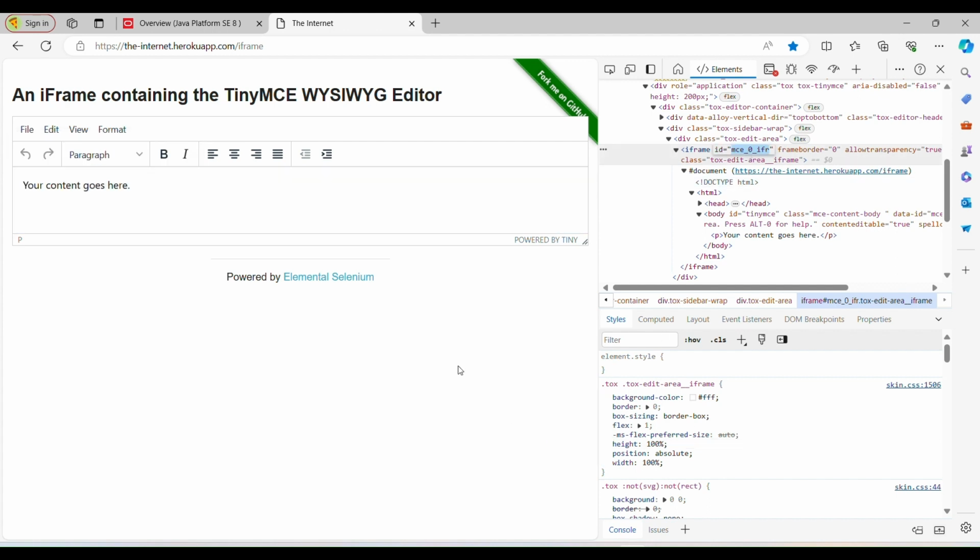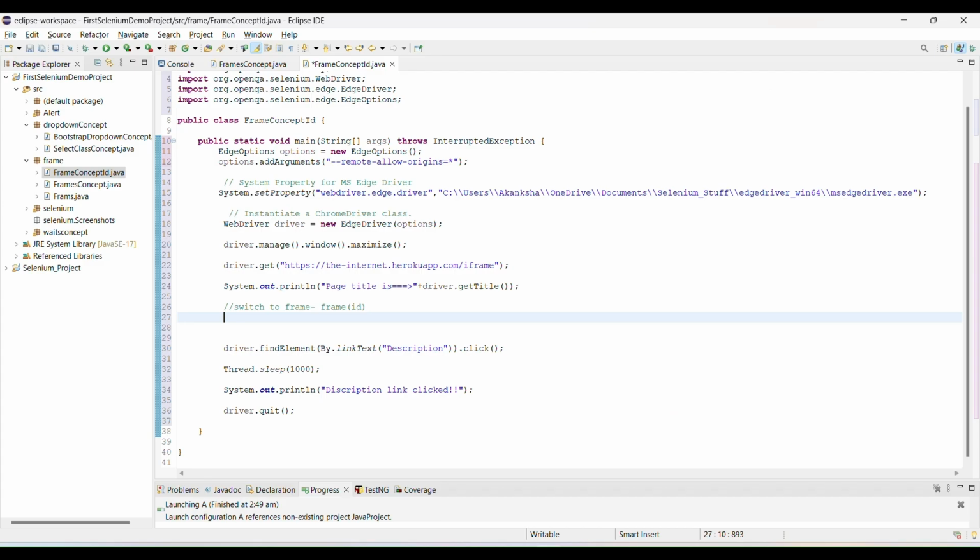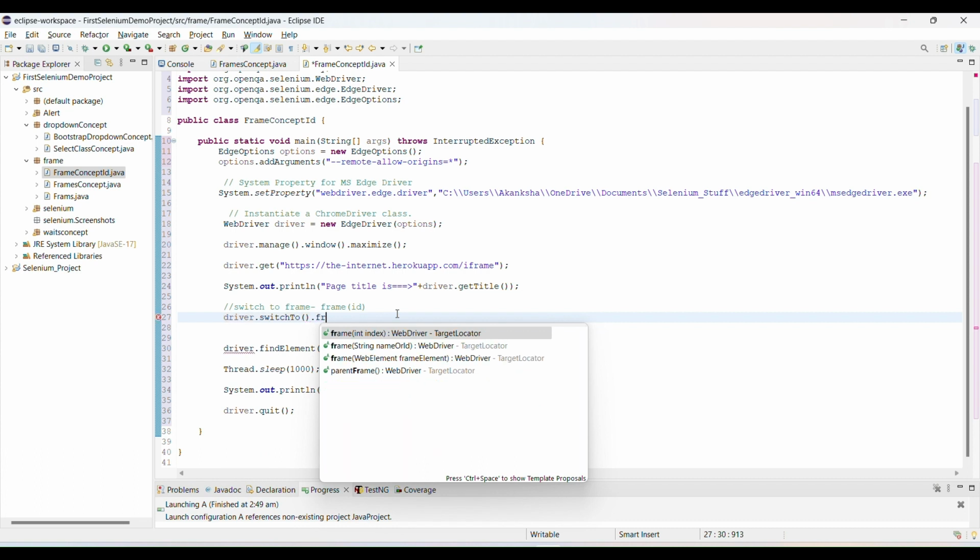Okay, so first of all I need to switch inside the frame, right? After that I can select this value, because my cursor is right now in this page, not the frame, only the page. But how are we going to move inside the frame? So simple, use the driver dot switchTo method. So I'm going to switch here. So driver dot switchTo method I will use, then dot frame, right?